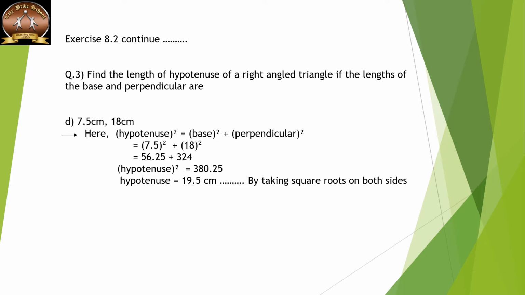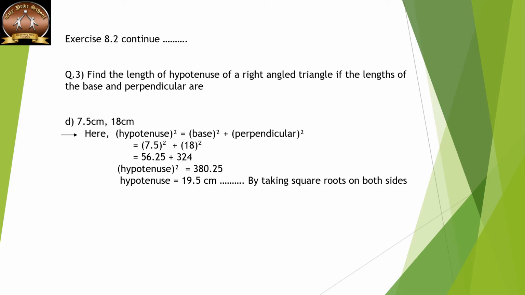Find the length of hypotenuse of a right angle triangle if the lengths of base and perpendicular are 7.5 centimeter, 18 centimeter. Okay, so here what is given? Here length of base and length of perpendicular is given to you, and you are going to find out length of hypotenuse. So as we know that by Pythagoras theorem, hypotenuse square is equal to base square plus perpendicular square. So we will substitute the values of base and perpendicular over here. So 7.5 square plus 18 square we will get